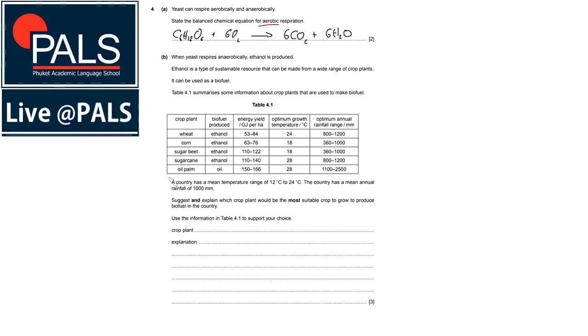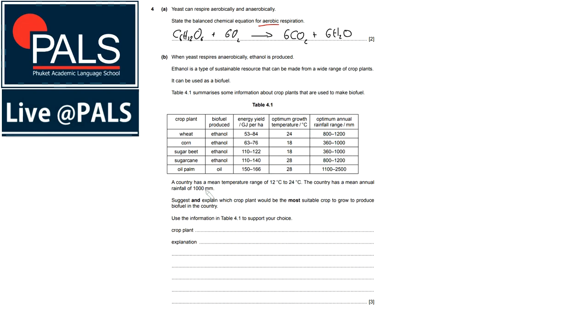So we get some information about wheat, corn, sugar beet, and so on. The biofuel is produced. Energy yield in gigajoule per hectare, the optimum growth temperature, the optimum annual rainfall range